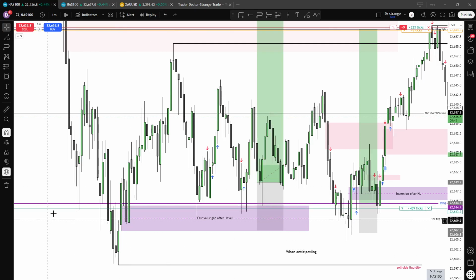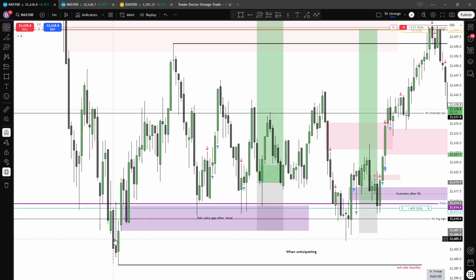This is when the first time price reaches the key level. The first candle that reaches the key level is always taken out, as we see it was taken out. From this point onwards, if price is interested in going a little bit down, look for displacement. You want to see it displaced with a fair value gap. But notice that when price reached here, it did not even move. There is no fair value gap created as it left this previous weekly high.